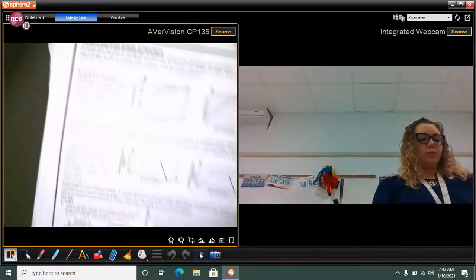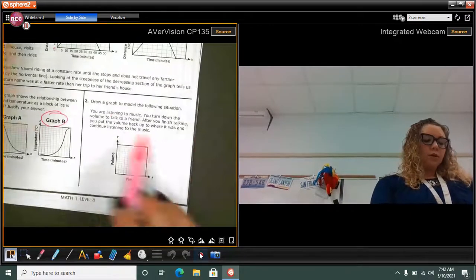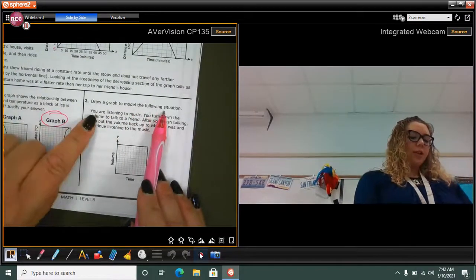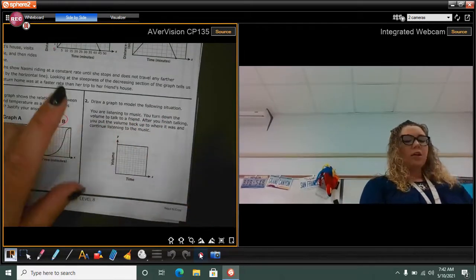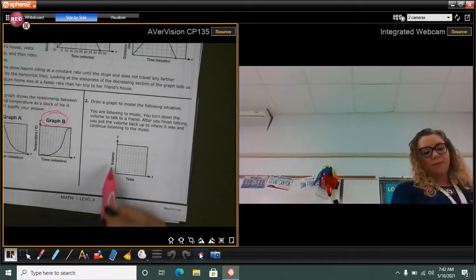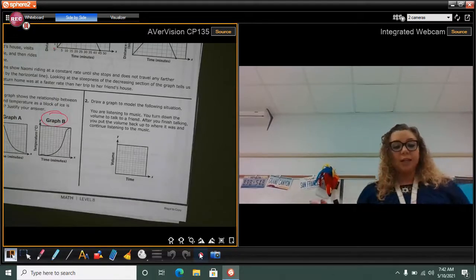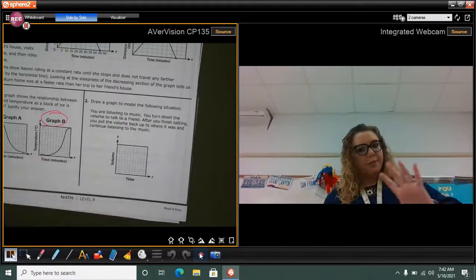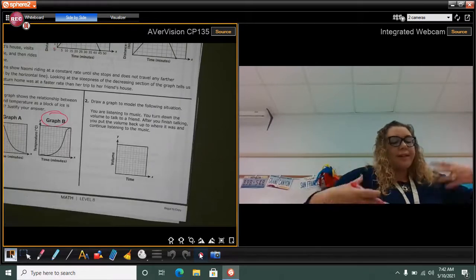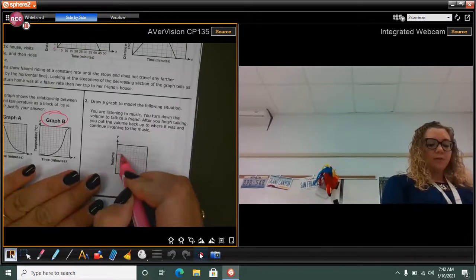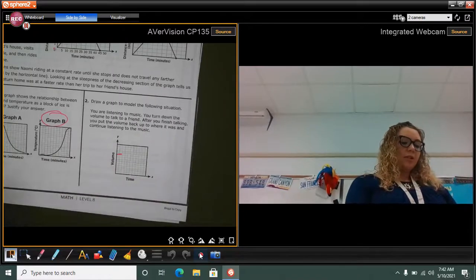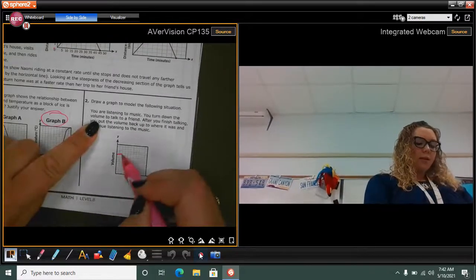Let's look at 2. Draw a graph to model the following situation. You're listening to music, you turn down the volume. If you look, this is the volume. So 0 means it's completely off. Time keeps going. If I'm already listening to music, I'm going to probably start up here. So I'm listening to music, you turn down the volume, so what happens? The volume goes down